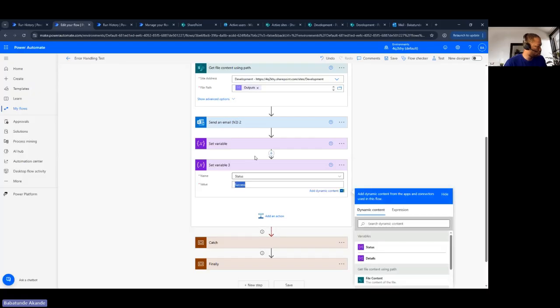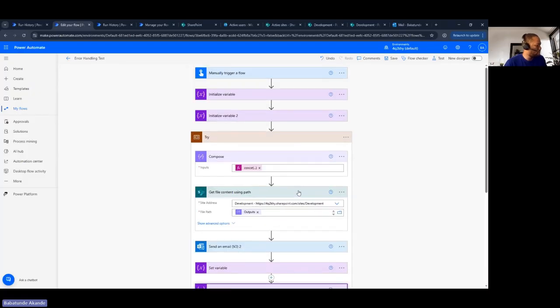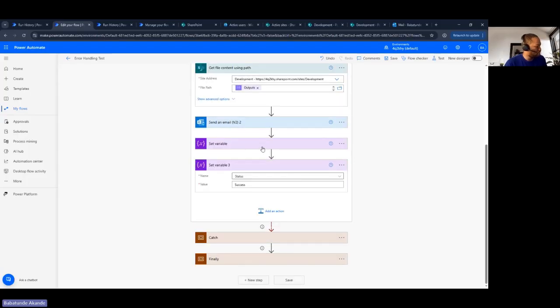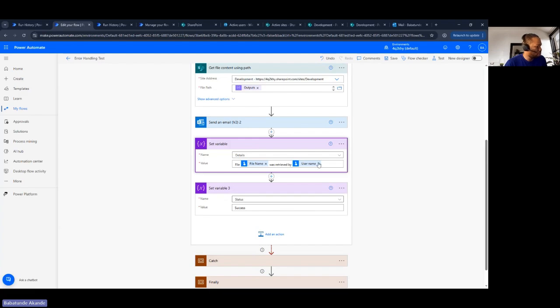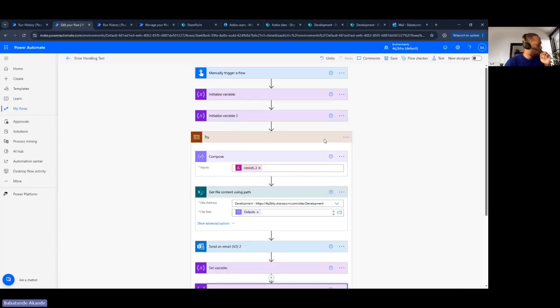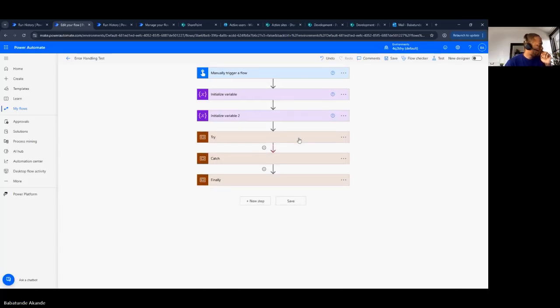to success. Because once it's able to get this file successfully and it sends this email, then it means that that action was a success. So you can say that this was, you can even say, successfully retrieved or something like that. Right? And then we set the status to success. Now, like I said,